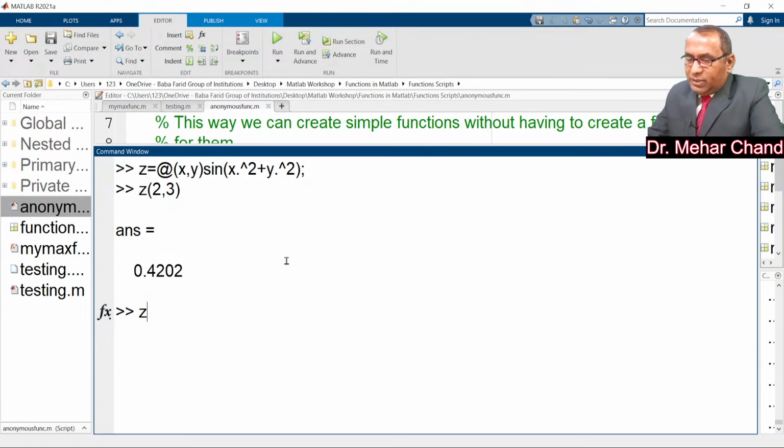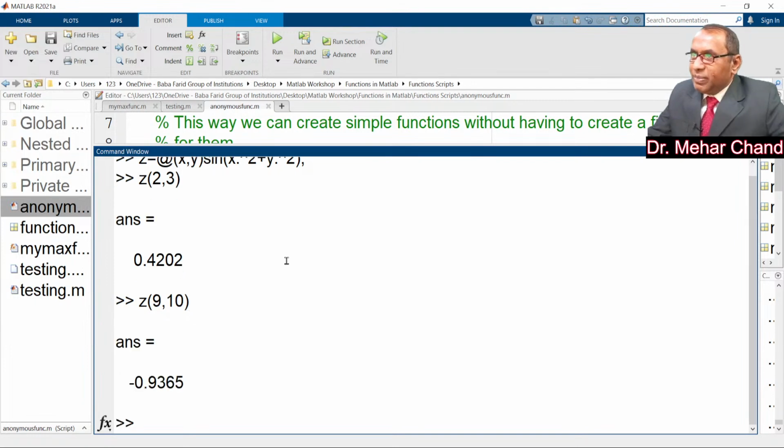You can check for some more values. Here is 9, then I have 10. When I enter, you can see the corresponding value. If I want to plot this function, you can do that also. I have x comma y, then is equal to